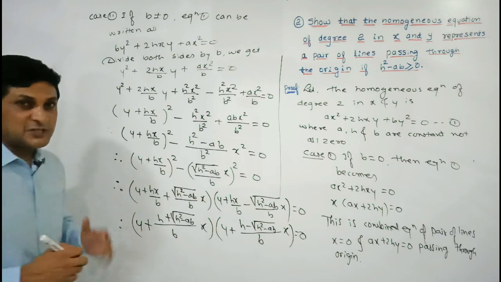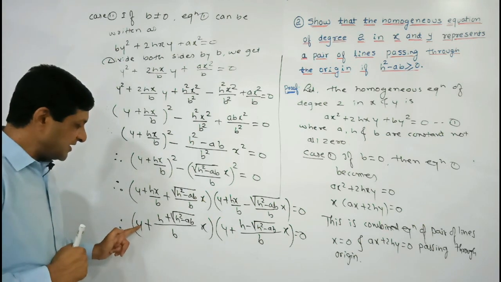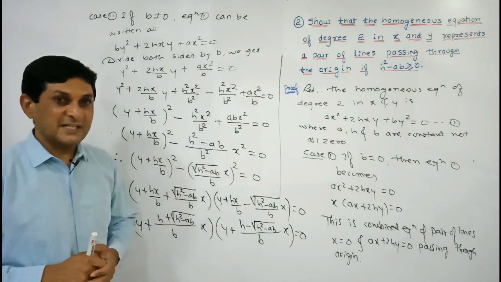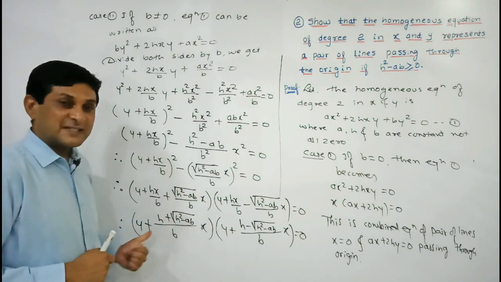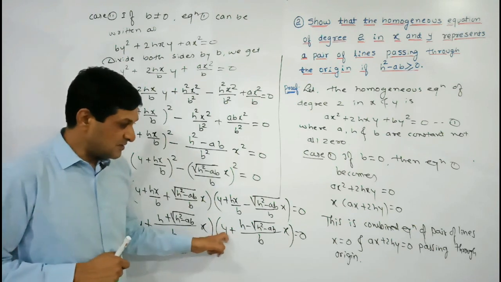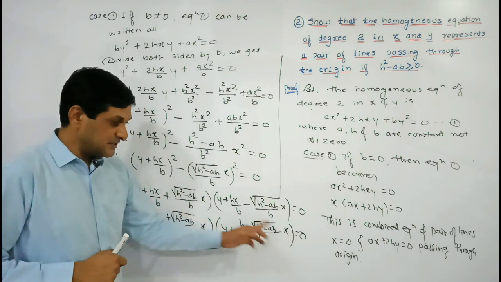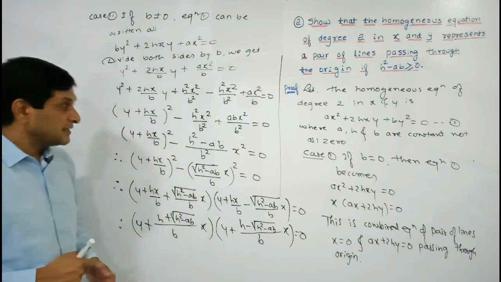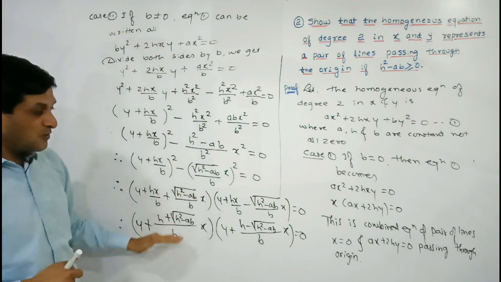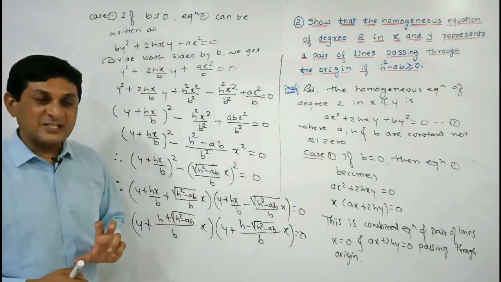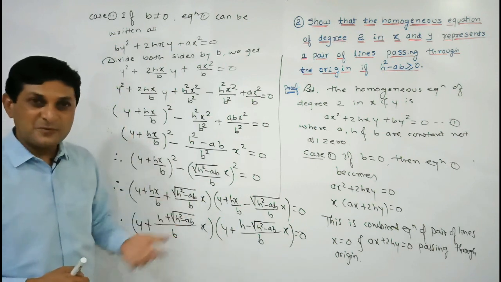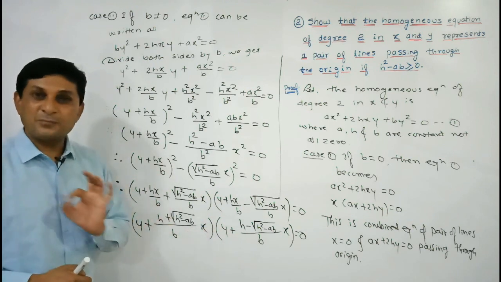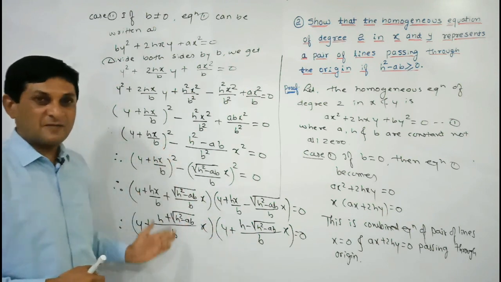Now observe the first equation very carefully. In the first equation one term is y and another term is of x, means term of x and y is there, means constant term is absent, means can I say that this equation represents a line passing through the origin, and here also term of y and x appears, means this equation also represents a line passing through the origin. Means what we have proved, after simplifying this equation we have got two equations of lines passing through origin, means in other words we can say that this is nothing but combined equation, because multiplication of two equations is there, means it is the combined equation of pair of lines passing through the origin.